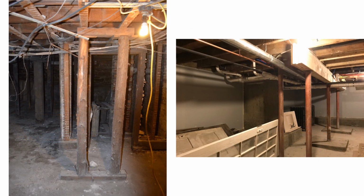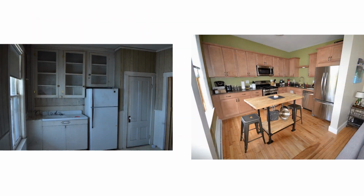Several structural changes were required to stabilize the building, including construction of an interior concrete retaining wall to buttress the original fieldstone foundation. In addition to sistering and refastening most of the existing floor and roof framing, the entire structure also had to be jacked up and metal support joists installed to correct a 14-inch sag in the center of